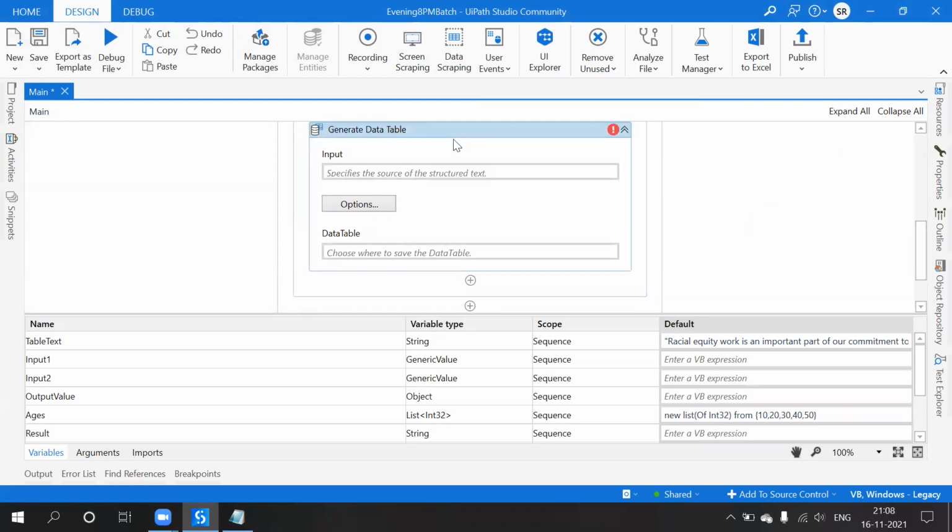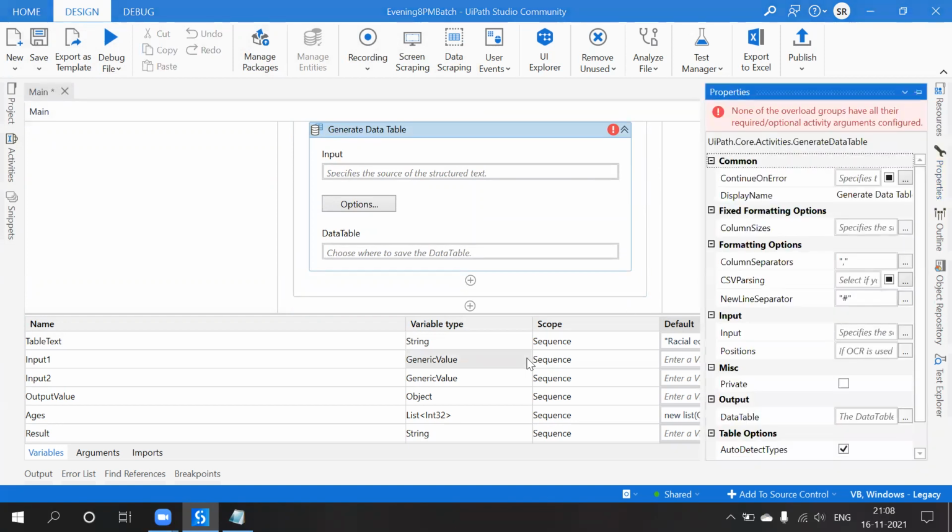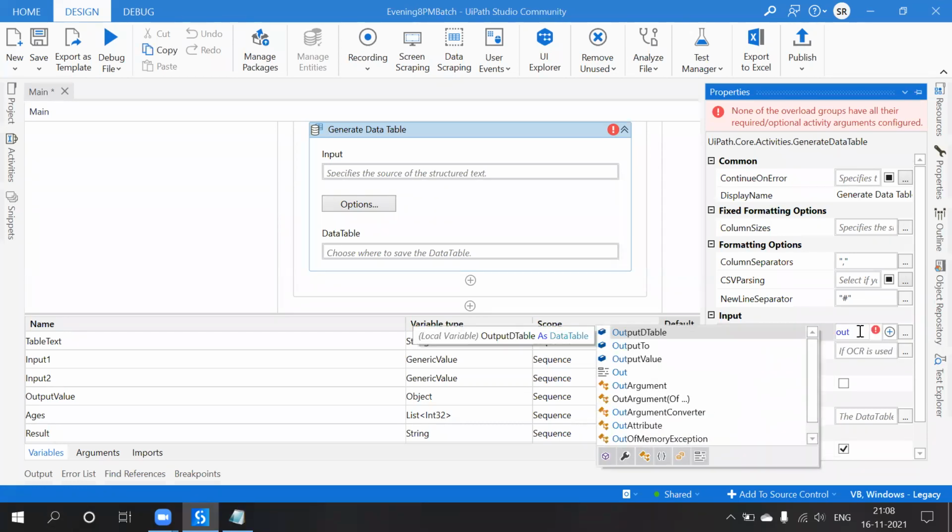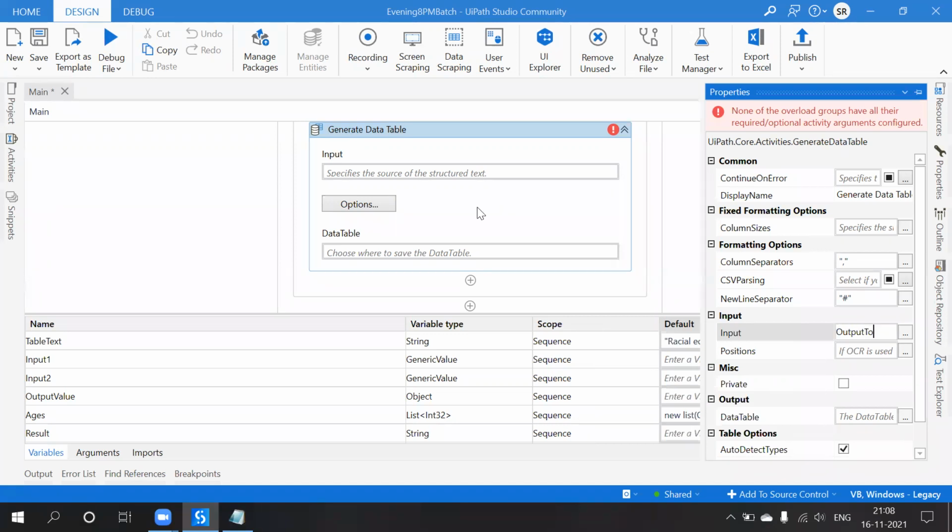I am using this as the difference between structured text and unstructured text, and they mentioned here the source of the structured text. Structured text is nothing but it should be in the format of rows and columns.